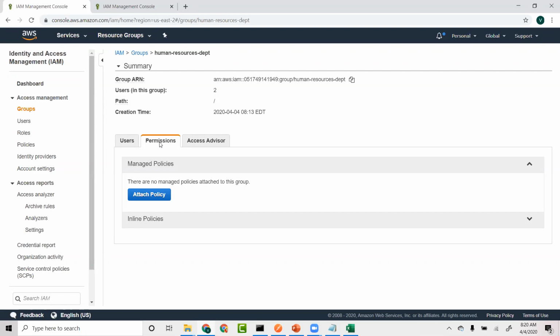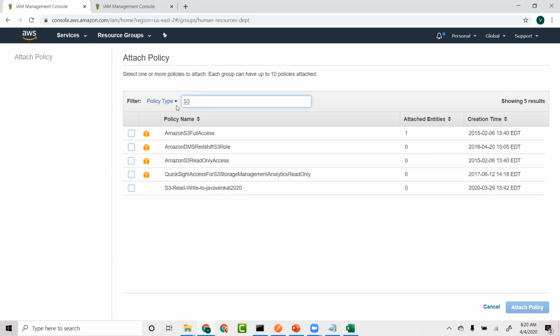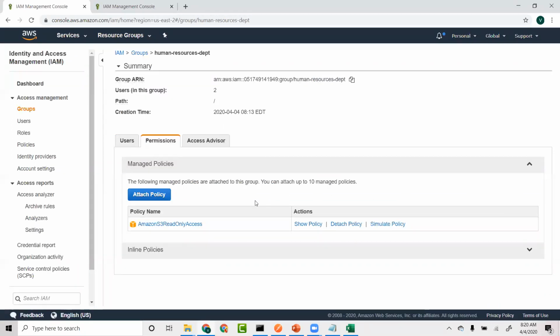S3 full access. S3 full access pretty much will give full access to this department, all the people in this group. I don't want to do it. So I want to create a new policy, attach a policy, but I can take an S3 full access, or actually I want to give read-only access. I can do that. So I want to give read-only access, attach policy, and take a look at your policy